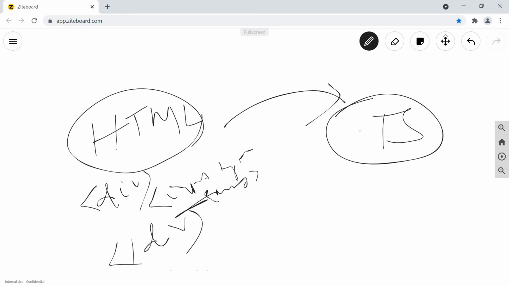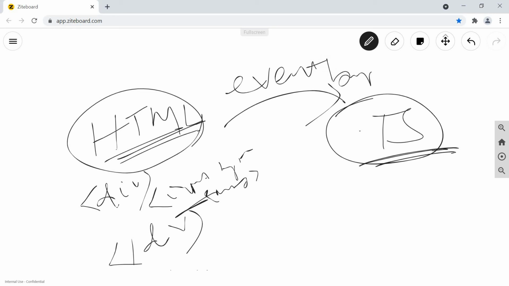Click is an event. So to pass data from the HTML template to the TS, we use event binding. Okay, then let's say you got some data from the services in the TS file, and you want to pass the data to the HTML template and show that data. So what we'll do? We'll do property binding.